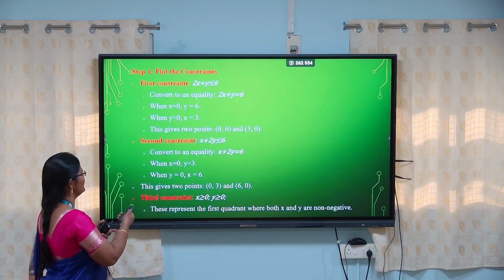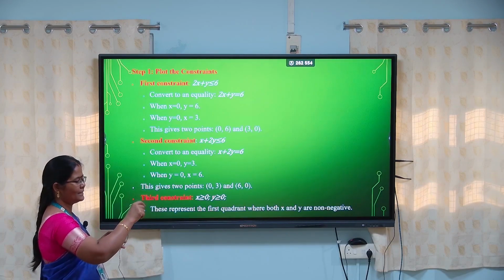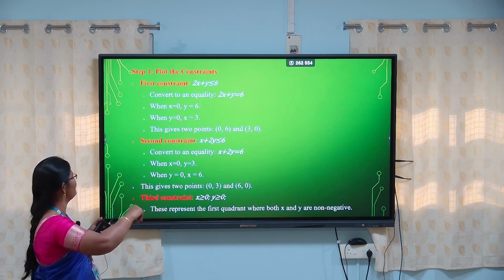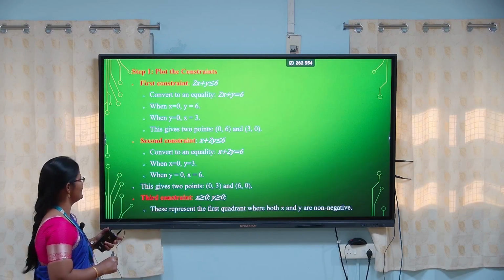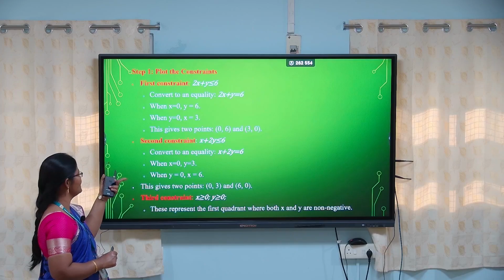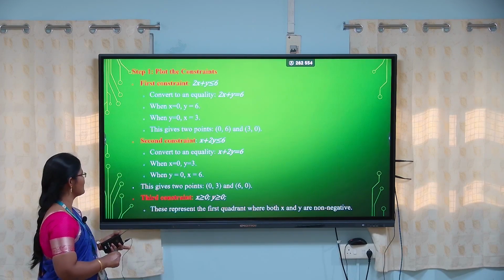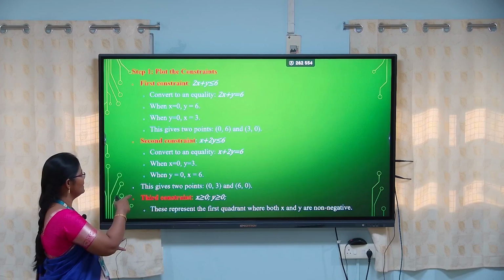This gives 2 points: (0, 6) and (3, 0). We plot it in the graph, then we get a line for 2x + y = 6. Similarly, the second constraint is x + 2y less than or equal to 6. Convert this to an equation, x + 2y = 6, and the corresponding points are (0, 3)